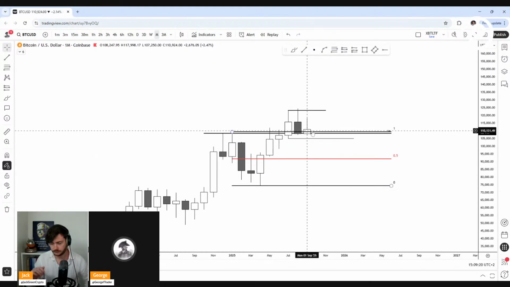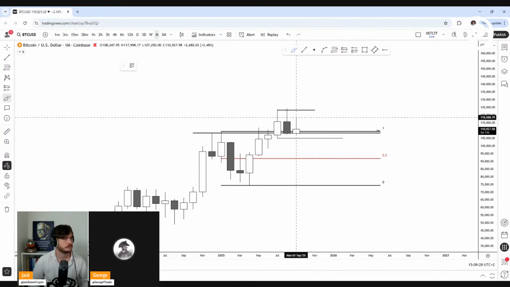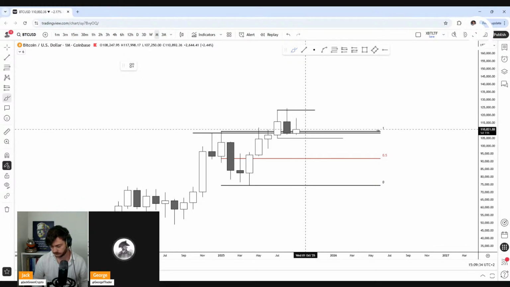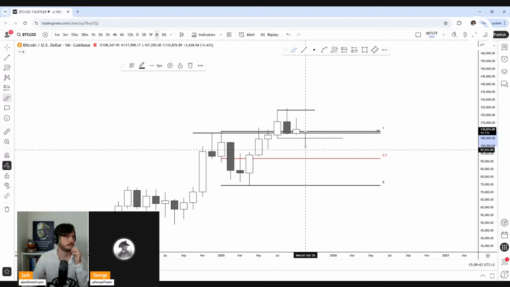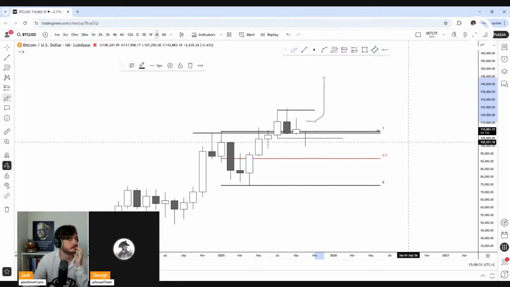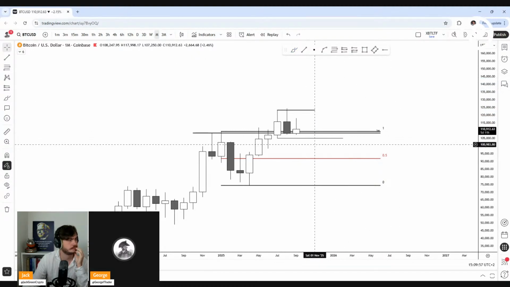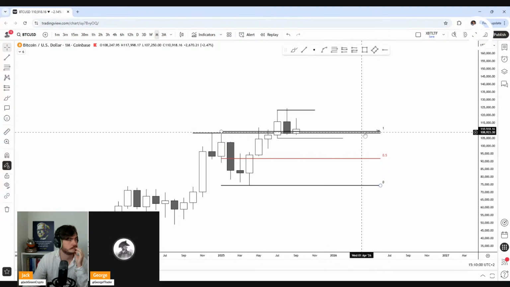So if we close the monthly here, what I'll be looking for is downside early in the month, once again, to create the lower wick, just like we created the higher wick up here early in the month, and see downside after. What I would like to see here would be a close downside early in the month to create the lower wick, something like this, wick in here, and then see a very strong close back above these two levels. If we see that, then I think we will be trading to new all-time highs after that within the next couple of months.